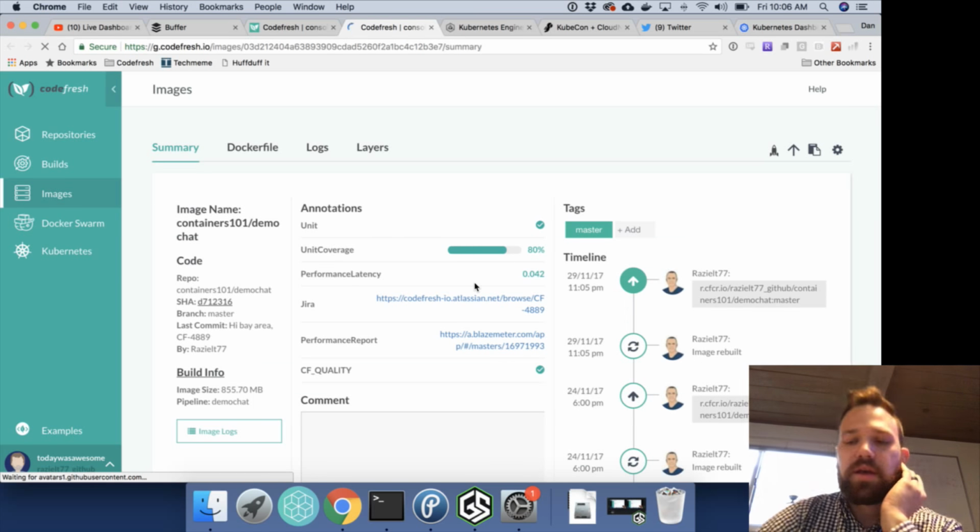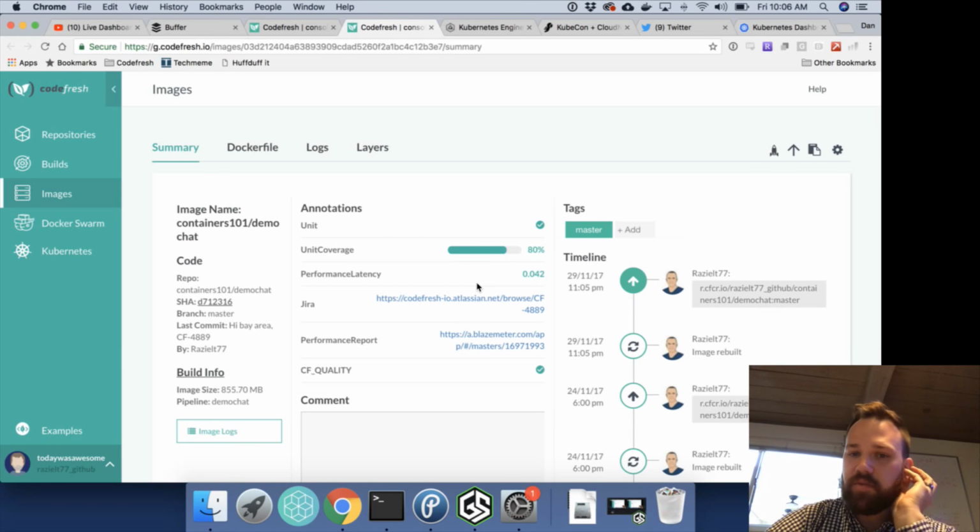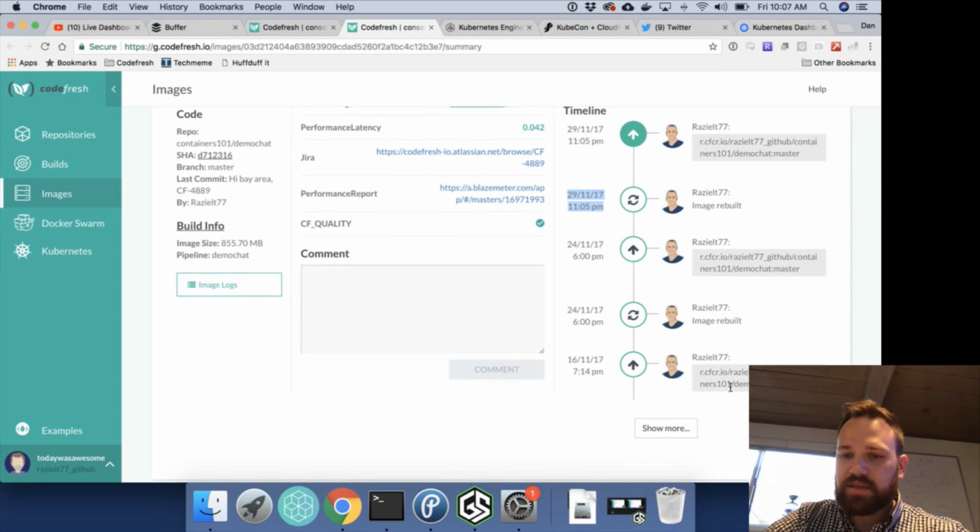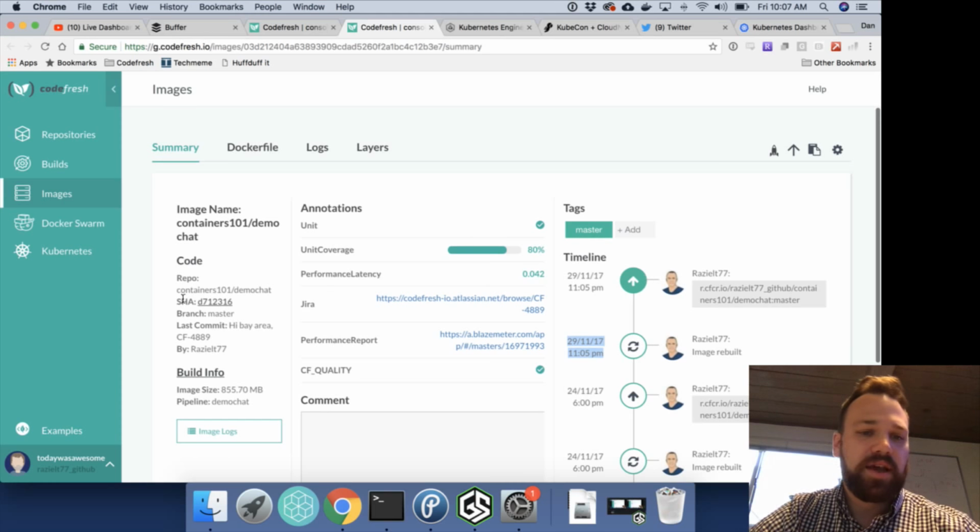And when I jump in, I'm going to get a lot more information about the image that's running. I can see that this one looks like it was deployed last on the 29th of November. It was rebuilt at that time. I can see all the processes that have happened with this image, and I can also see